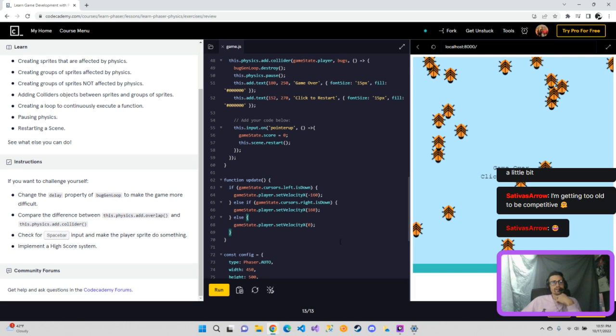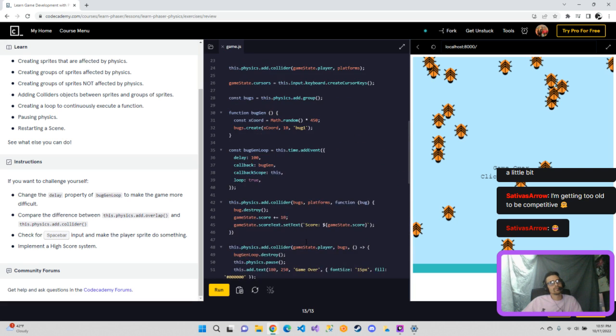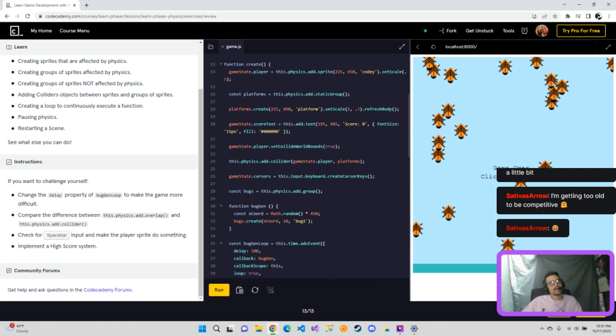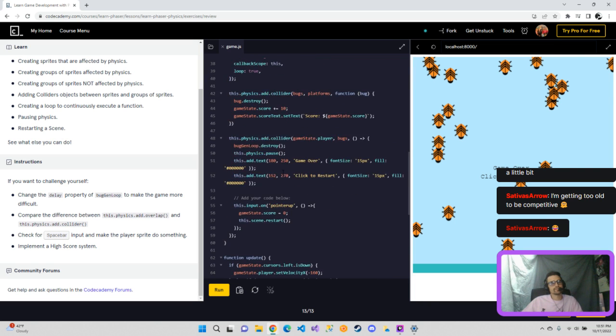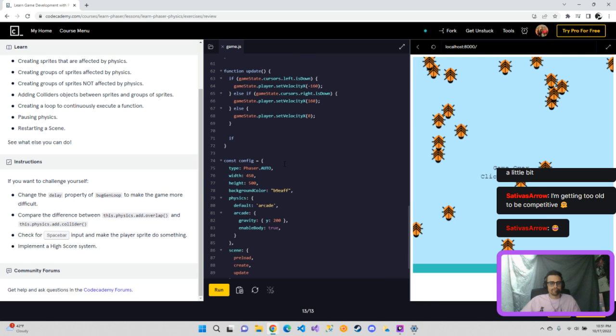I could say, all right, if, so if, I don't know if that will transfer. Okay, the game state is outside the create, so it's a global variable. So if, okay, so let's do this. The game state